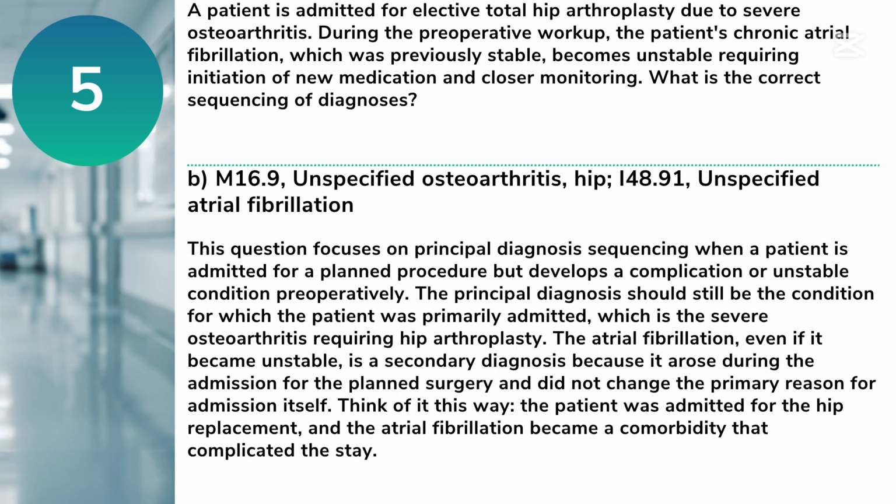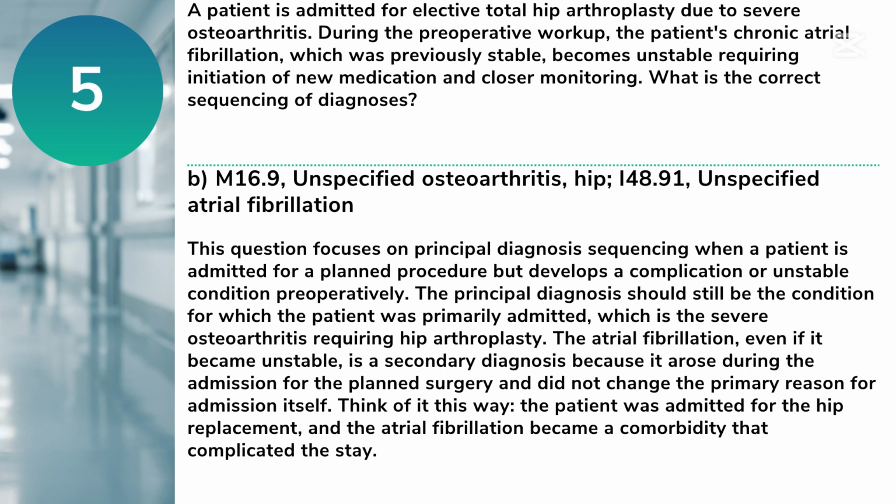Answer: B. M16.9, unspecified osteoarthritis, hip, I48.91, unspecified atrial fibrillation. This question focuses on principal diagnosis sequencing when a patient is admitted for a planned procedure but develops a complication or unstable condition preoperatively. The principal diagnosis should still be the condition for which the patient was primarily admitted, which is the severe osteoarthritis